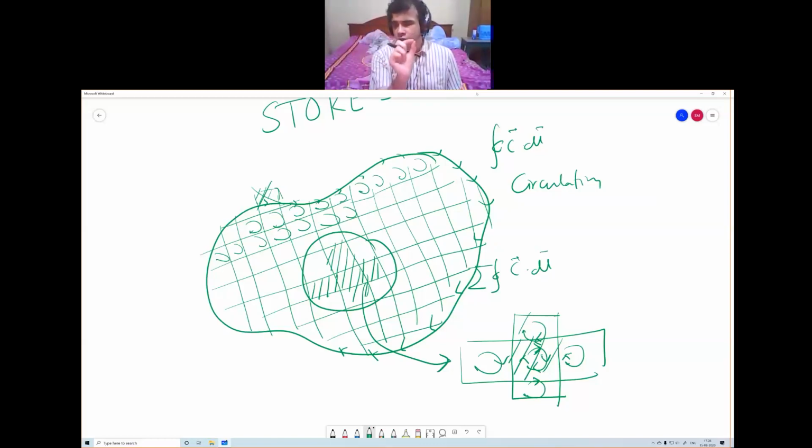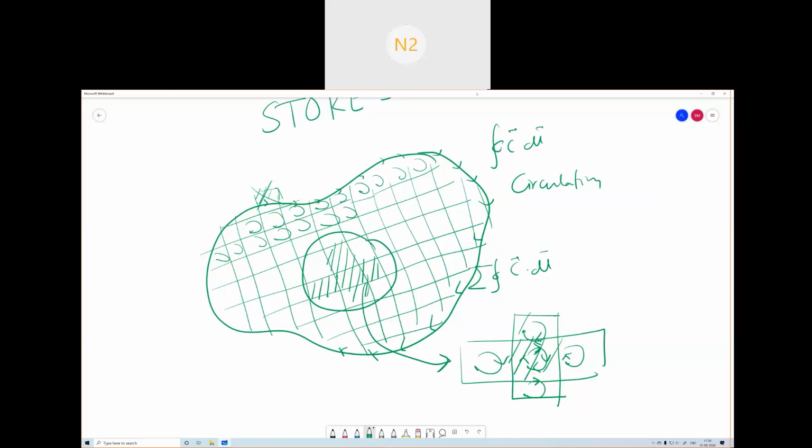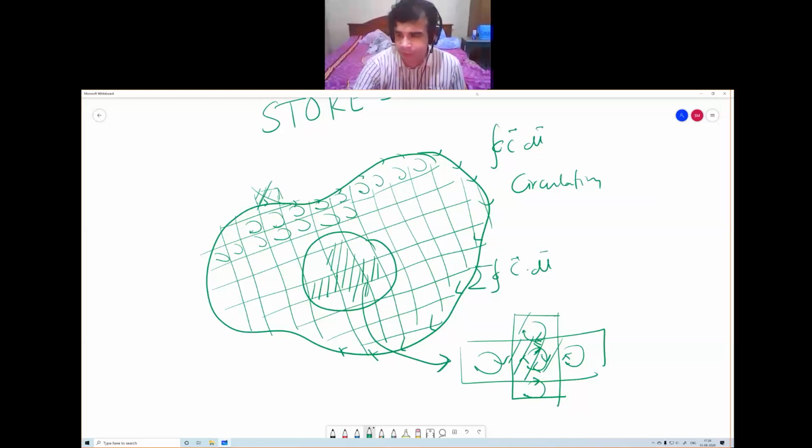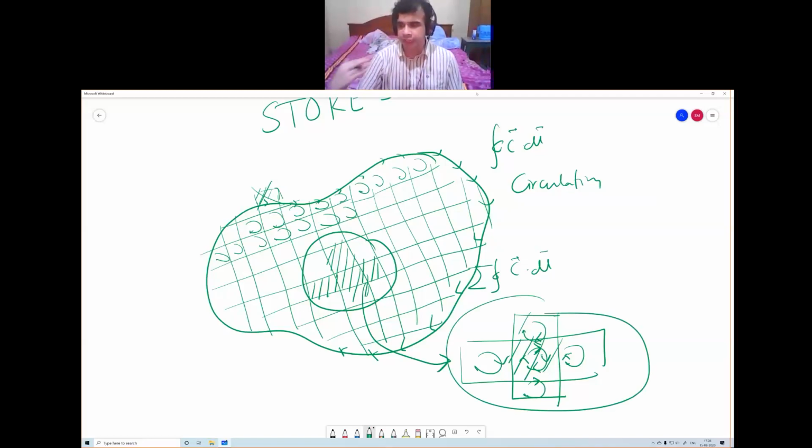Can you please repeat the last part? Yes. What did we see? We see that for all the inner squares, we take circulations of all the squares. But what we saw, for inner squares, the circulations get cancelled out by the neighboring squares. So only the squares which have no neighboring squares along one of the lengths will contribute to the overall circulation.